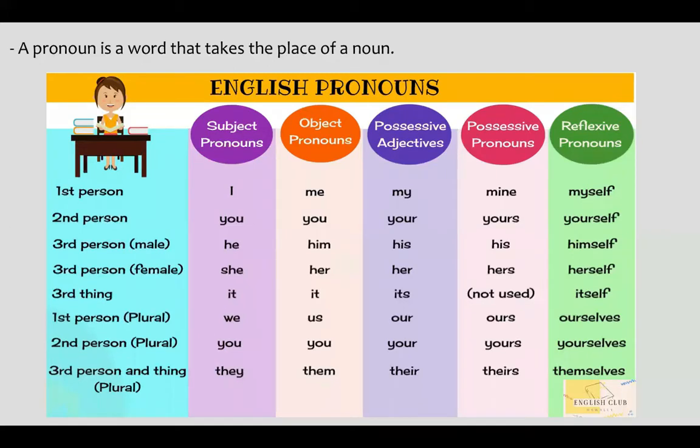Clear, guys? What is different between I and me? Great question, Rawan. So, I is a subject. Do you know what is a subject in Arabic? فاعل. In a sentence, your sentence should have a subject, a verb, and an object. The subject is the one you begin your sentence with, and it could be a pronoun or a noun. Okay, so I is a subject.